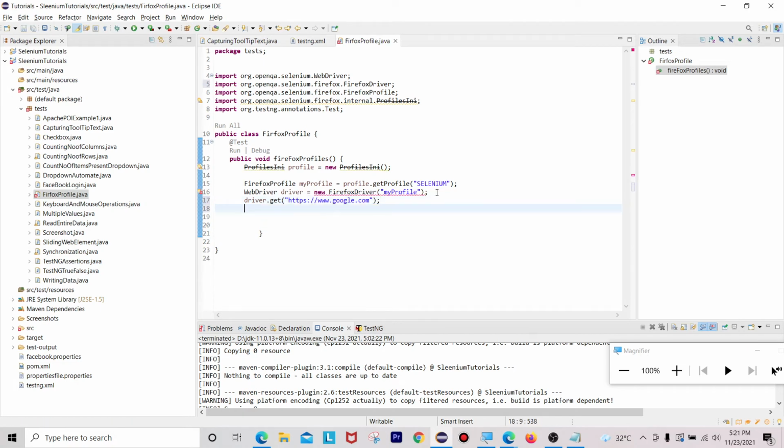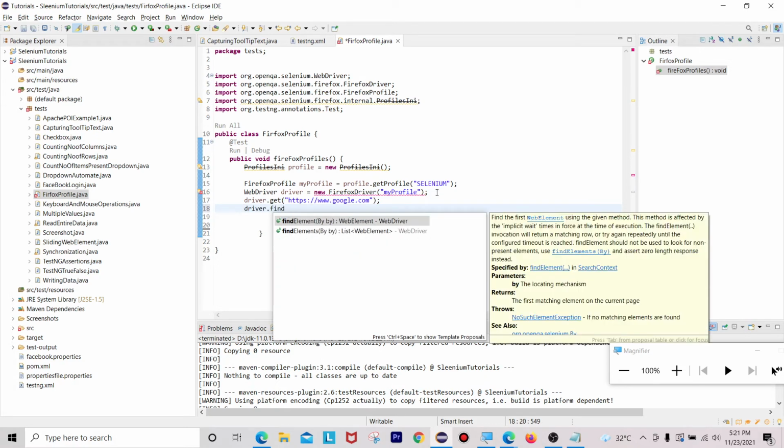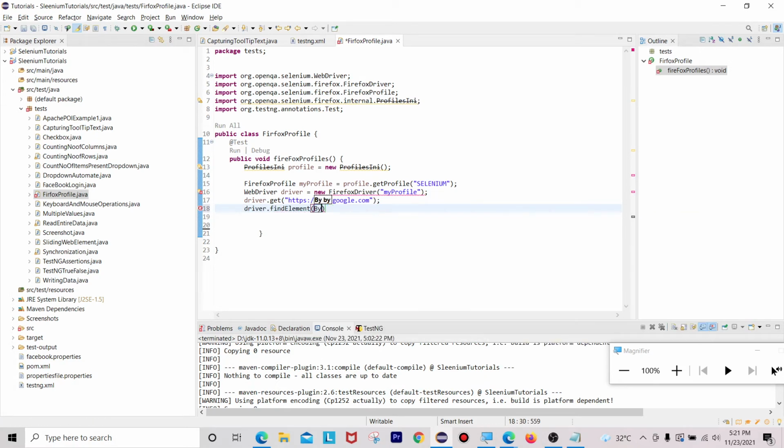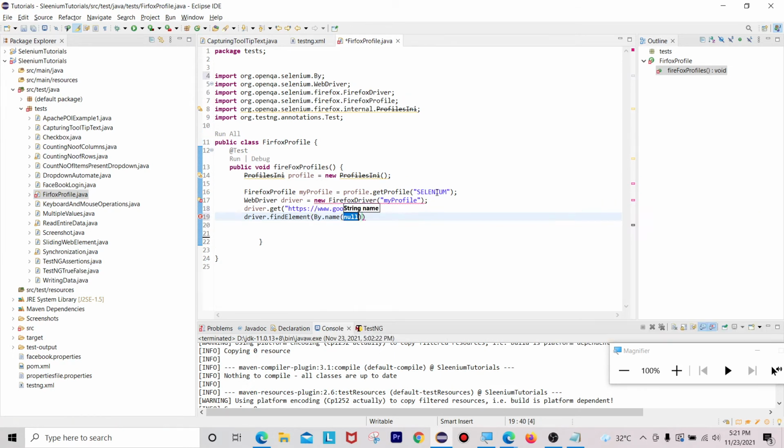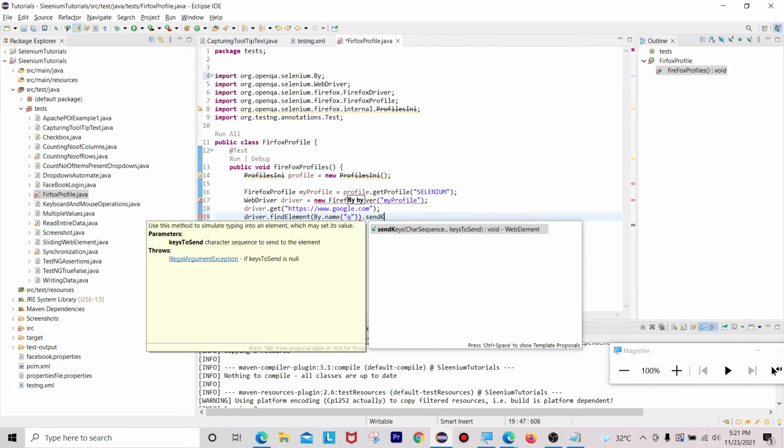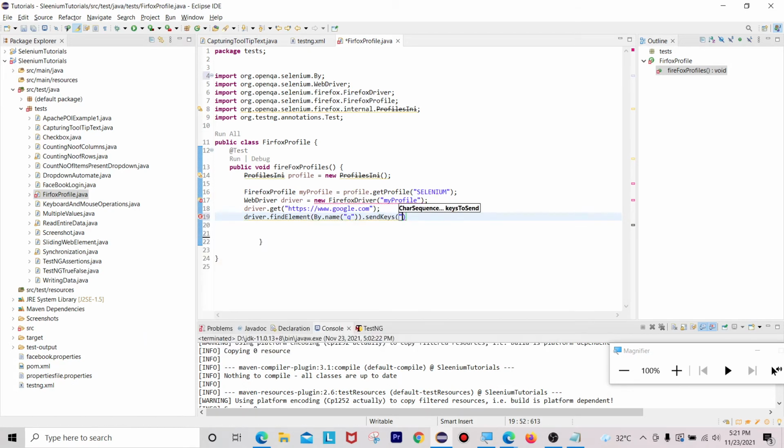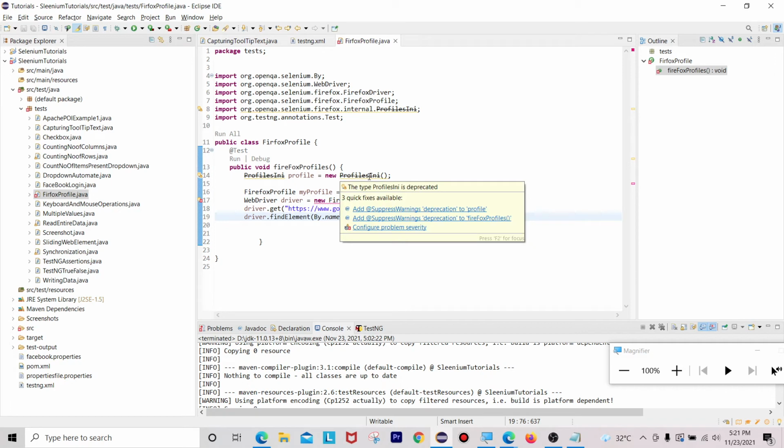Once that is done, I'm going to find an element by dot name, q, dot send keys of Selenium tech automation. There is some deprecation issue here, so that's why we are not able to use this one.